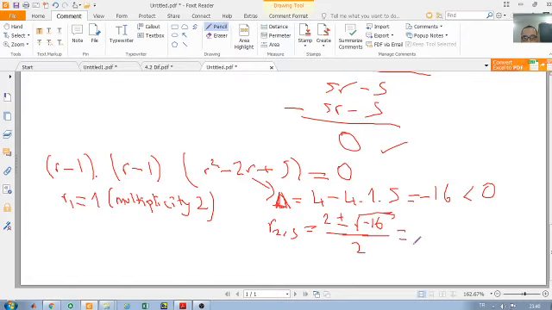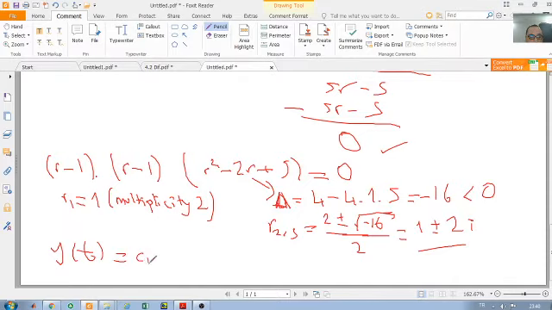So from here we have 1 plus minus 4i over 2, which becomes 2i. So we have complex roots. One of the roots is repeated 2 times, which is a real root, and the other roots are complex. Therefore the general solution will be